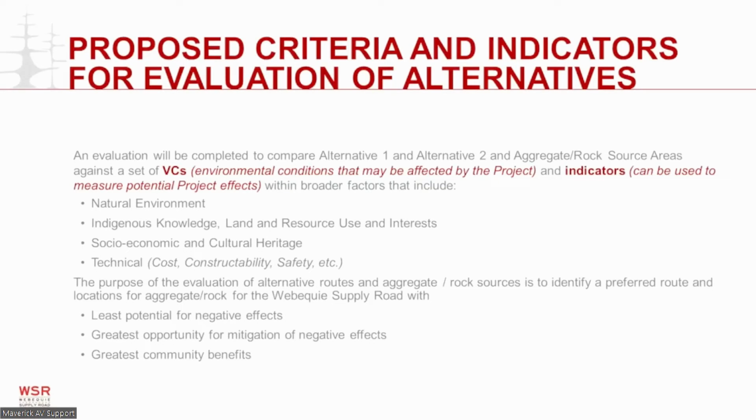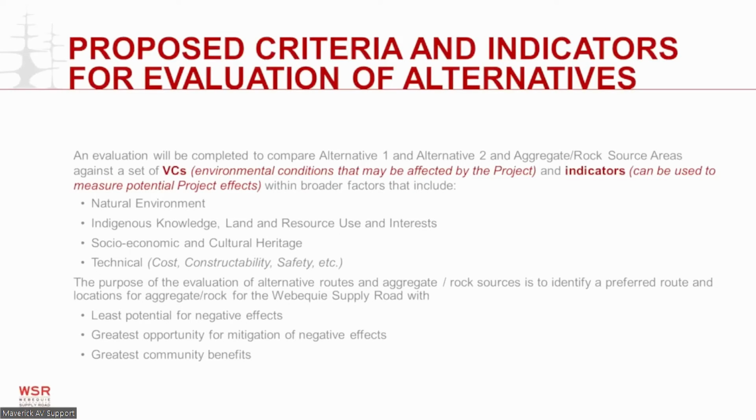The purpose of the evaluation of these routes and rock or aggregate sources is to identify a preferred route and preferred locations for sources for aggregate and rock that has the least potential for negative effects, and the greatest opportunity for controlling those negative effects, and offers the community the